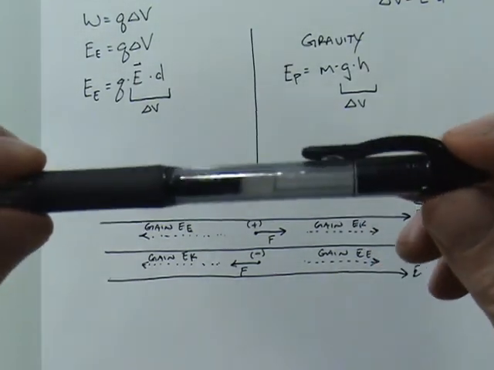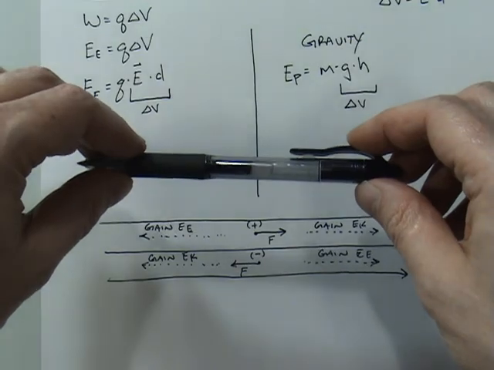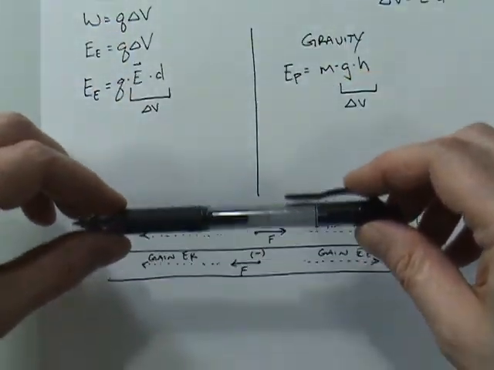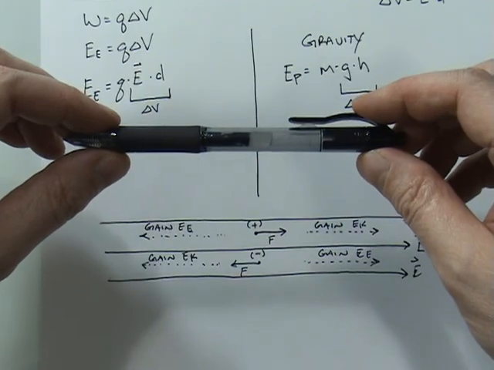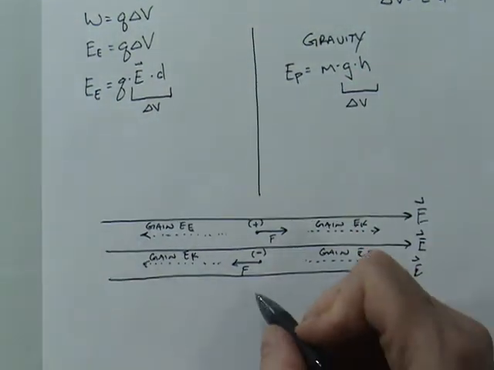If I go against the field, I increase EP. If I go with the field, I'm decreasing the amount of potential energy. But when I go sideways to the field, I don't get anything. It's not to say that there's no energy involved, but there's no gravitational energy involved. And that is the same thing in the case of the